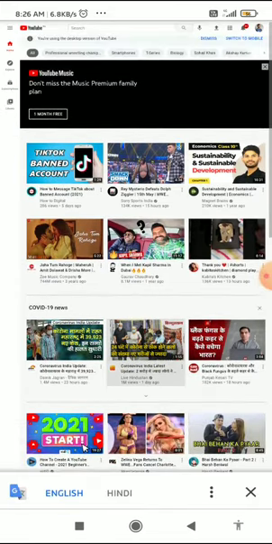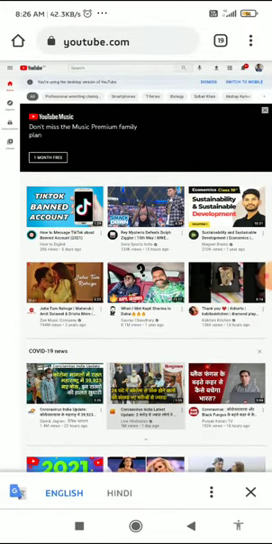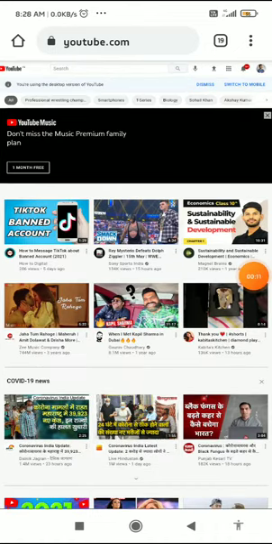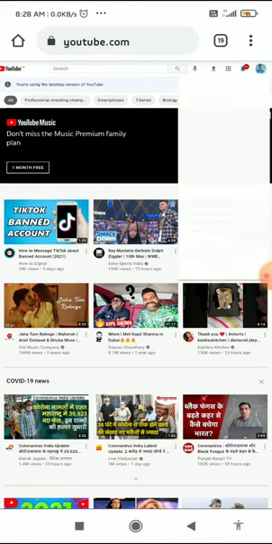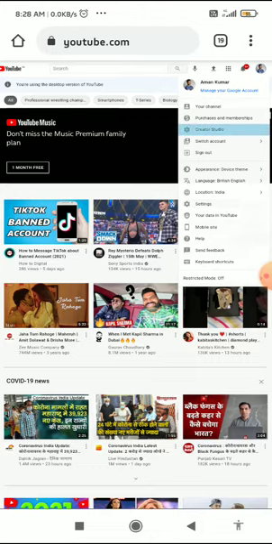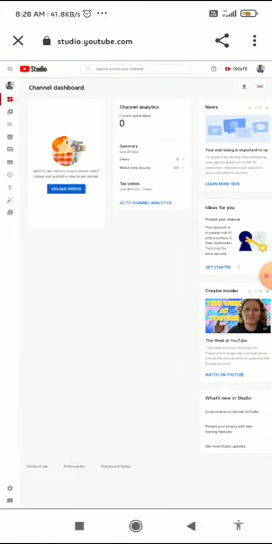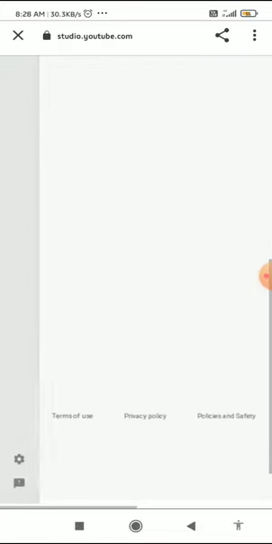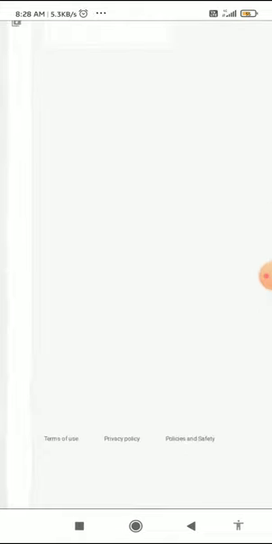The very first thing you have to do is go to your browser. Then click on your profile picture in the top right corner, and then go to the Creator Studio. Here you can see it is loading, so you have to wait until it loads. Then zoom in, and here you can see in the bottom